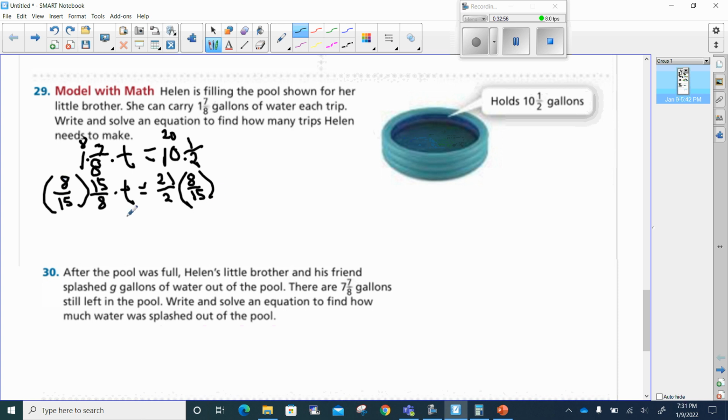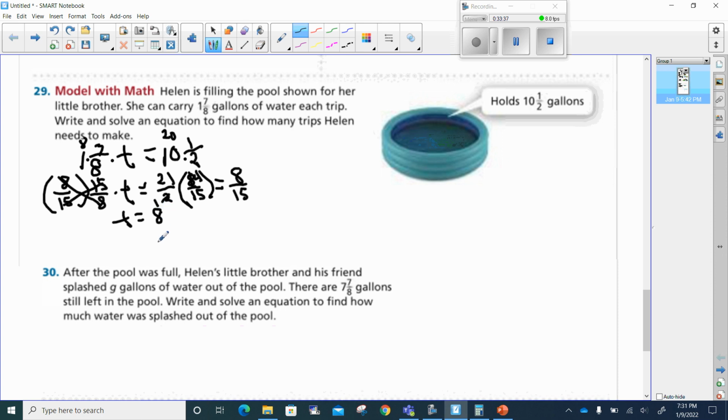All right, and now that we have 8 over here and 8 over here and 15 over here, we know that when I multiply 8 times 15, 15 times 8, I'll get the same number. So this will become 1, which means I'll have 1t left over. And now I've got to go ahead and multiply these together. I know that 2 goes into 8. So I can say 2 divided by 2 is 1. 8 divided by 2 is 4. Now I have 2 times 4, which is 8. And 1 times 15, which is 15. So that's going to leave me with t equals